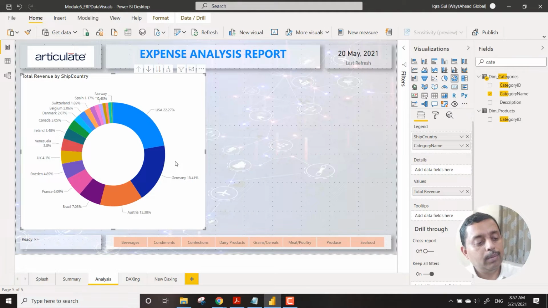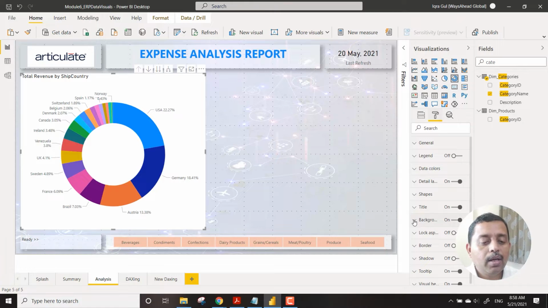But the major problem that we are foreseeing over here is, if you have more countries of operation, then look at this donut chart, it is already overwhelmed. So giving more data into this, you will not be able to see all the data properly. So that is where we need to bring some custom visuals sometimes, right? So this is one of such cases where we think that we might be requiring the help of a custom visual.